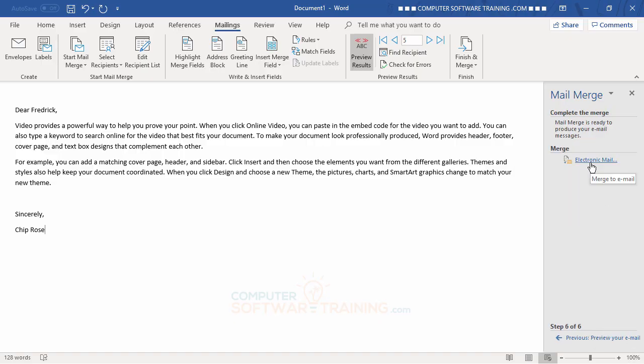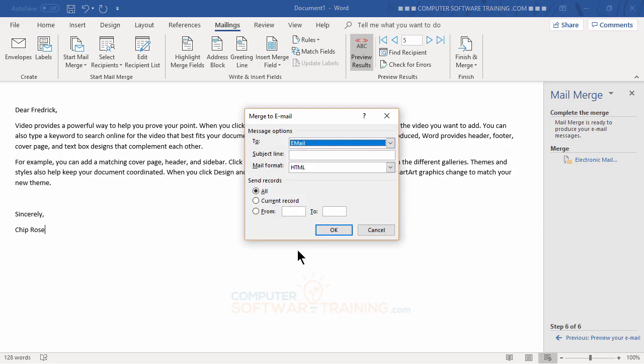And then we say we want to do the electronic email. So I click onto that. And it wants to know what field represents the emails. Well, hit the little drop down. It is truly email that has email addresses. The subject line will be, I'm just going to put in here test. They're all fake emails, but I'll just put test there anyway. And it's going to be HTML format, like I said before. That's it. So then when you hit OK,